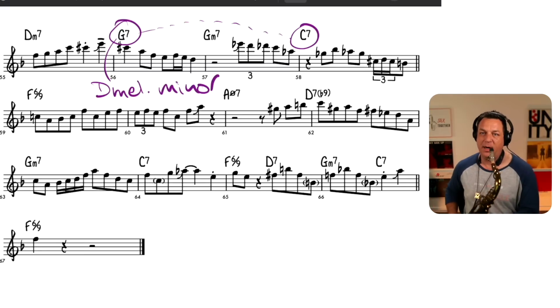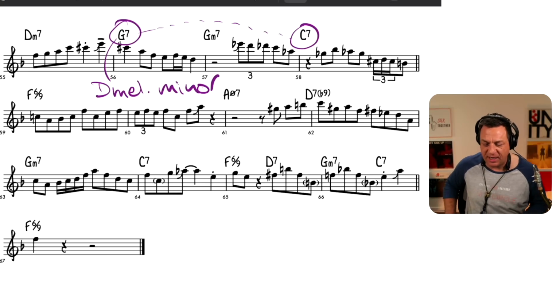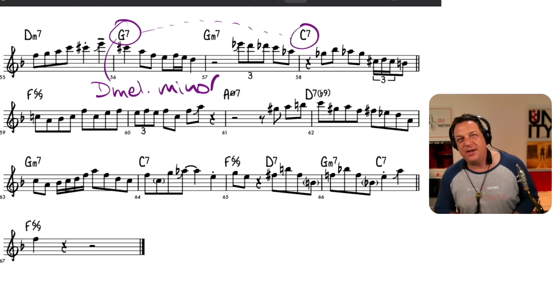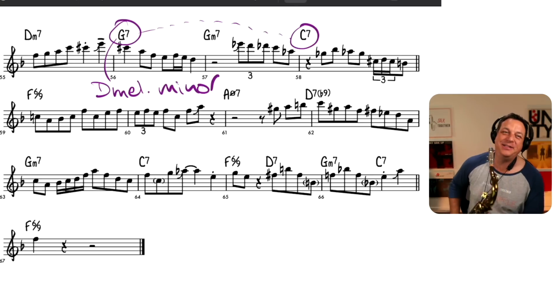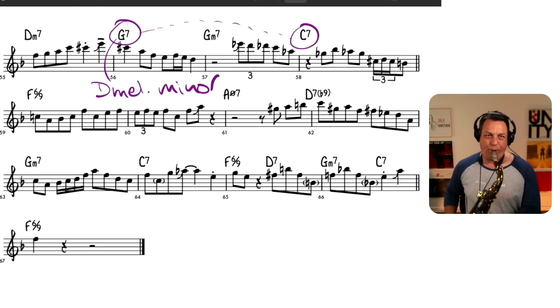So here's D melodic minor. And in jazz, we're only concerned with the ascending version of the melodic minor. So if you're classical, don't start thinking about D minor going down with C's and B flats, okay? That's a whole other topic. So if you start that D melodic minor on G,